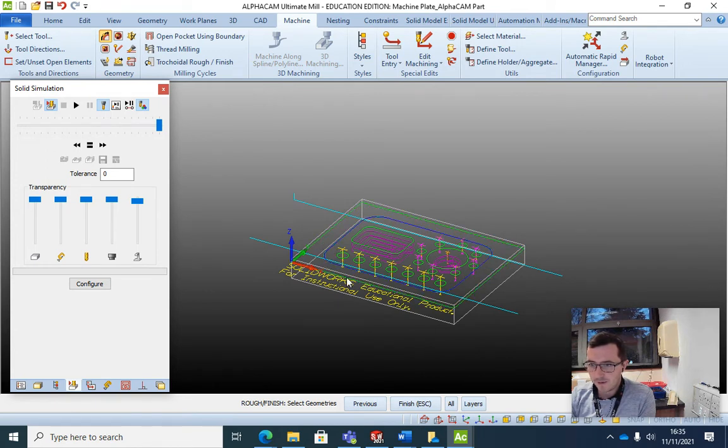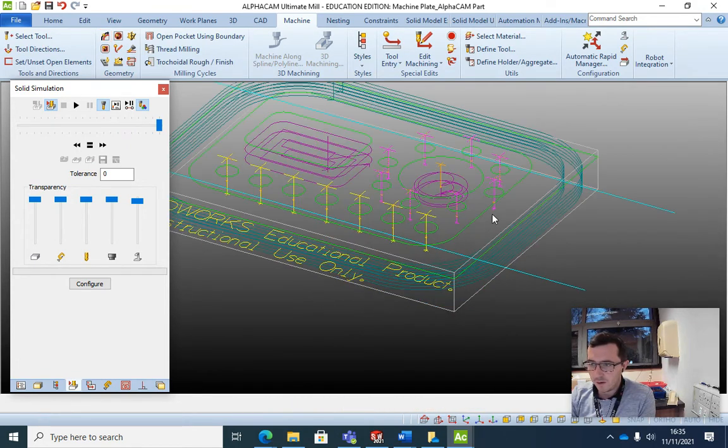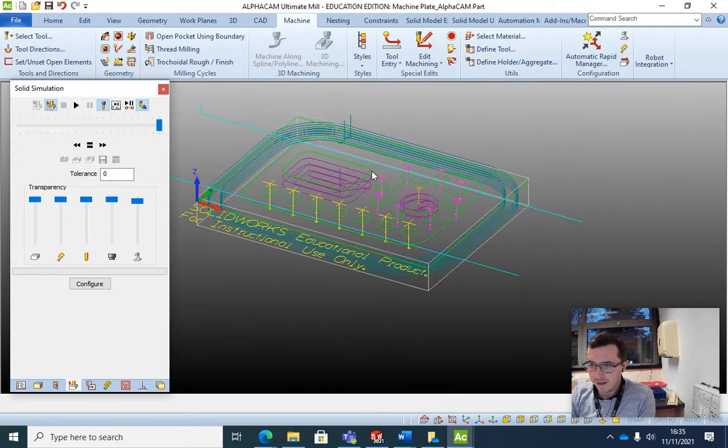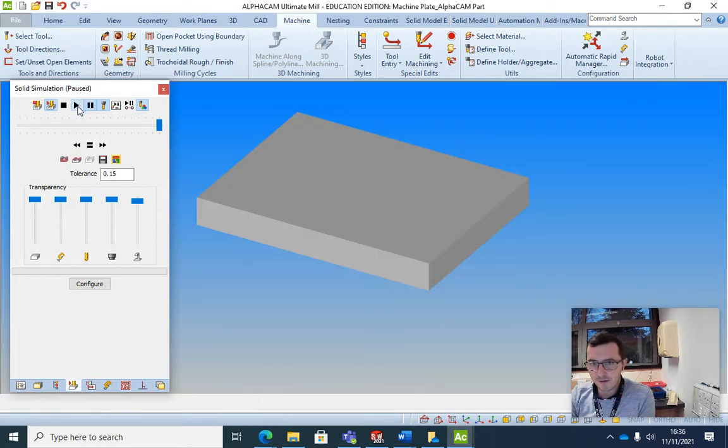Now select that inside rectangle, click finish, and you can see all of those various cut lines appearing. So it's going to be looping around this thing 8 times in total to give us the finish that we need. Now if I run a quick simulation,